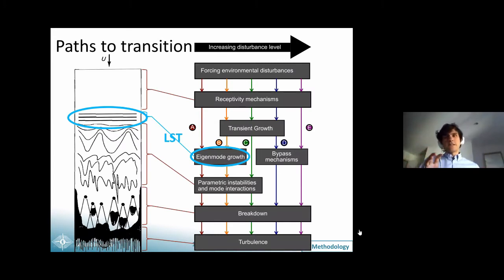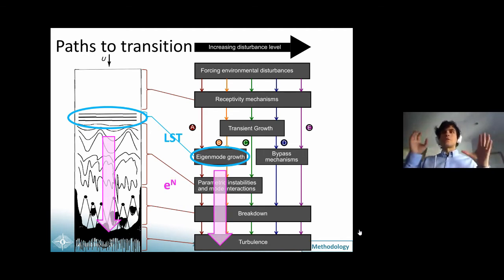An important thing to know is that linear stability theory directly models the first stages of perturbation growth, so the stages of eigenmode growth. And to actually predict where transition will occur, we have to use the so-called semi-empirical e to the n method, which basically draws a black box over the remaining stages of perturbation growth. And we correlate the location where transition is expected to occur experimentally to the amplitude that perturbations would have at that station if they were to continue growing linearly.